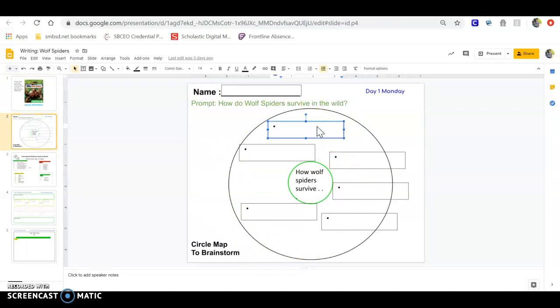And you just double click inside the box and you can write whatever you need to write. Don't forget to put your name on it. And then